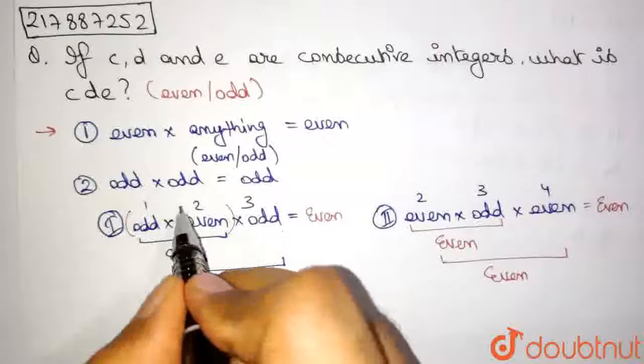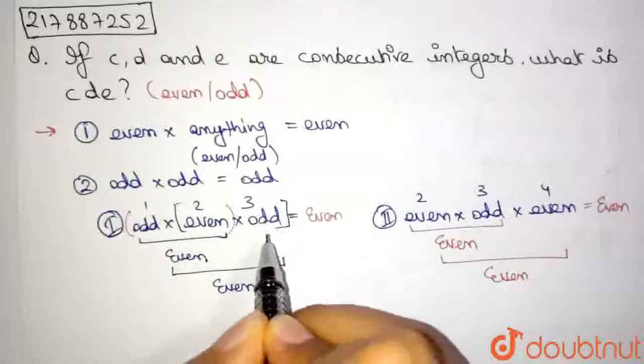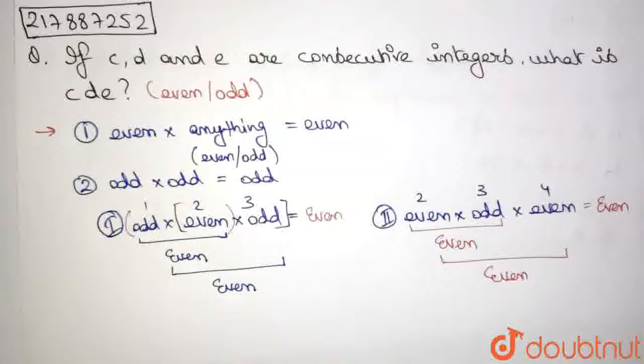And if I multiply these two together, right, and then I multiply the entire thing, then also my answer is going to be the same, right? So it does not actually matter the order in which you multiply, the answer is always going to come as even, right? So in both the cases, we observe that the final answer is even using these two properties.